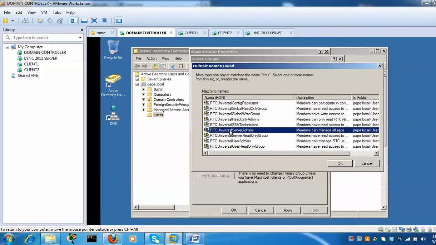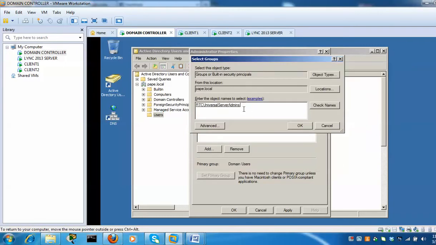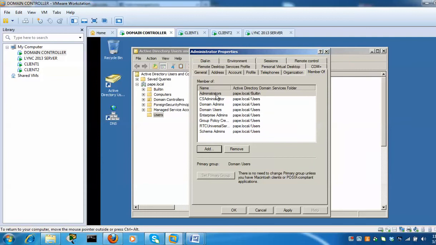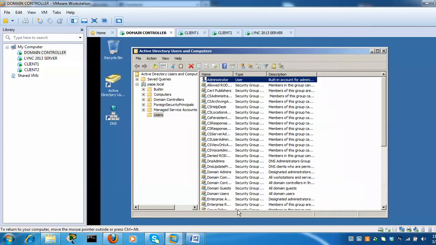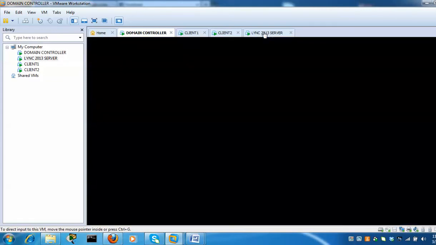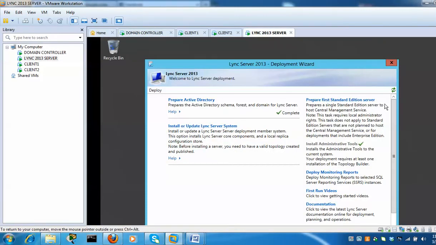I'm gonna check this one, RTC Universal Server Admins. Click on OK, OK, and we click on Apply and OK. Then I'm gonna go back to my Lync server,